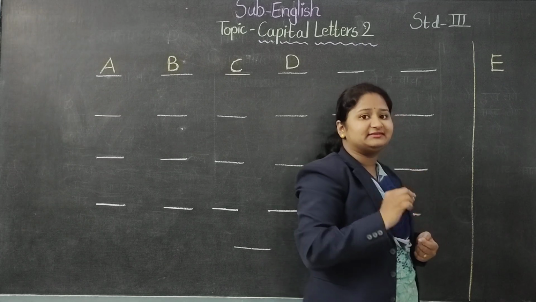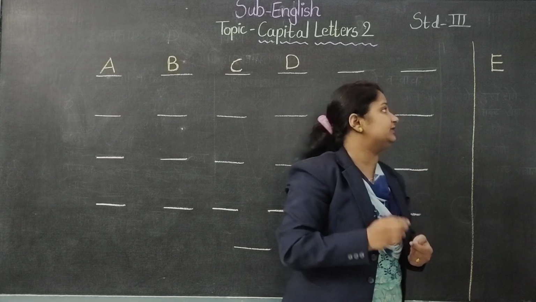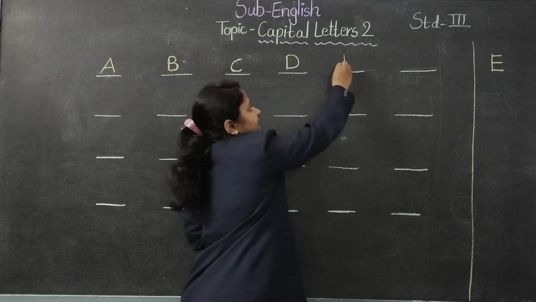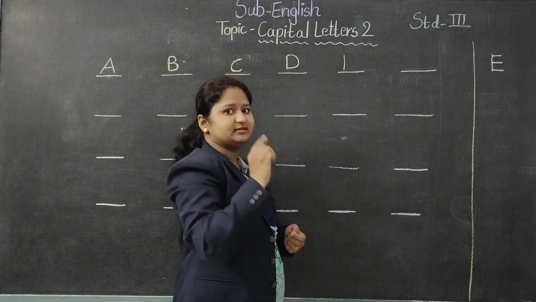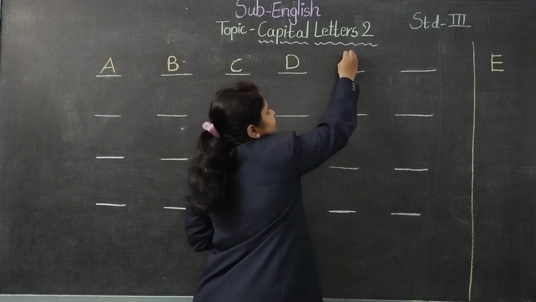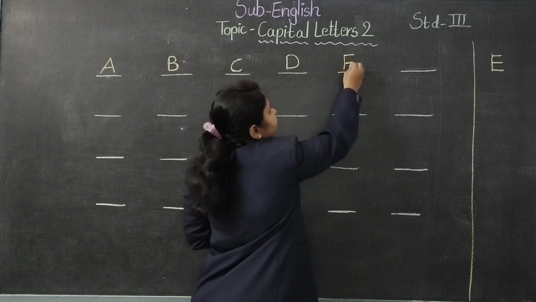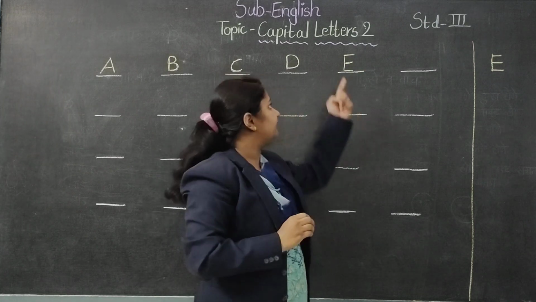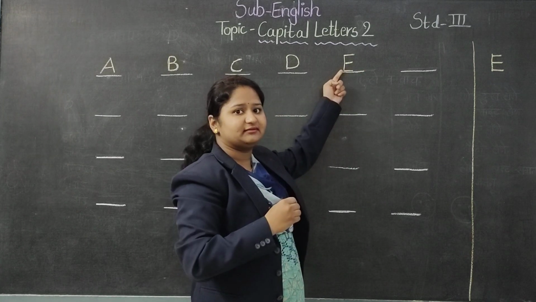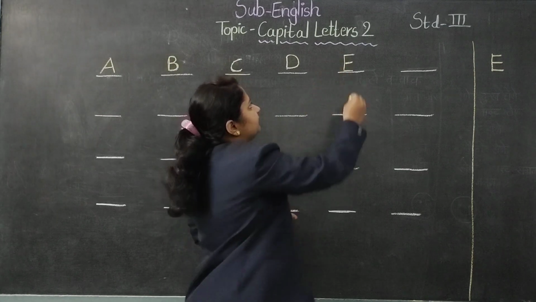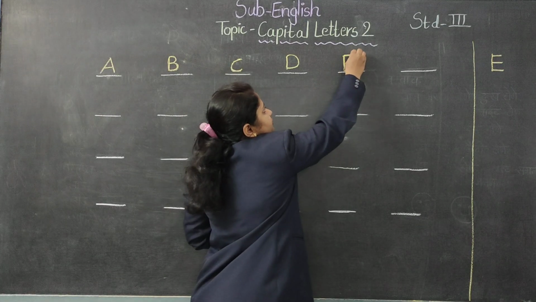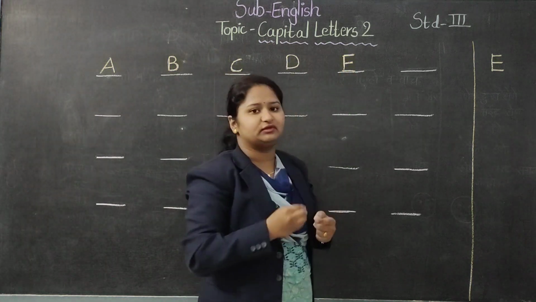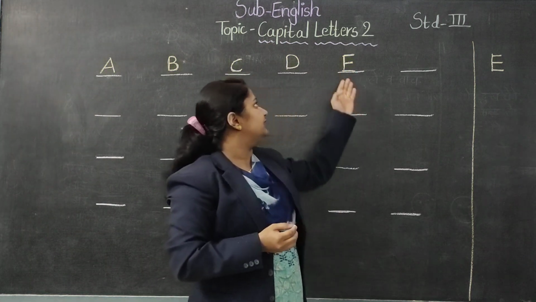Now we will see the right way of writing letter E. First what we have to do? Make a line. This is the first step. Second, third and fourth. Now we have 3 sleeping lines and 1 standing line. And what is the sequence? 1, 2, 3 and 4. We used 4 lines, total 4 lines to write the letter E.